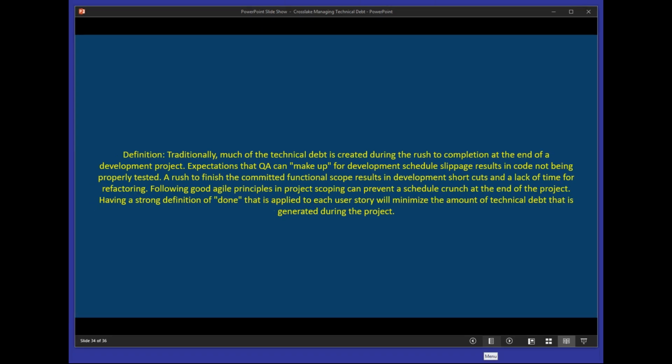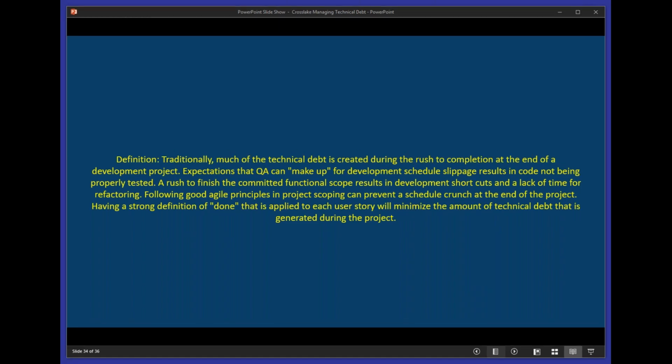So much of the technical debt is created during the rush to completion at the end of a development project. Expectations at QA can make up for development schedule slippage, results in code not being properly tested as one example. A rush to finish the committed functional scope results in development shortcuts and a lack of time. So again, when you're looking at applying a systematic approach to managing the technical debt, this is one of those factors from a cultural perspective that you align to say,